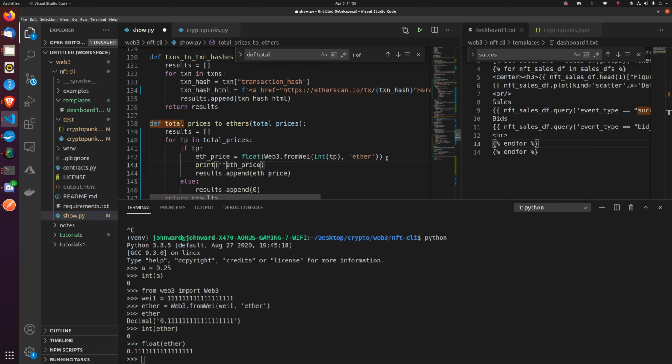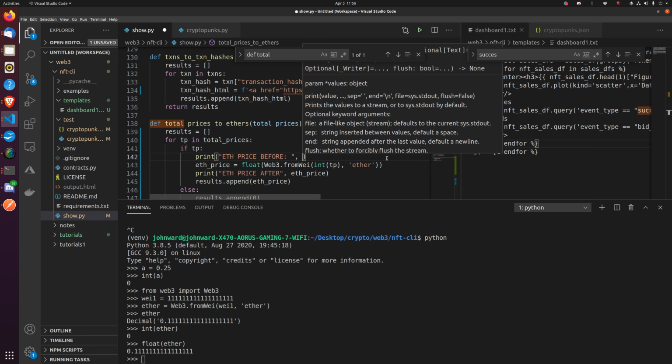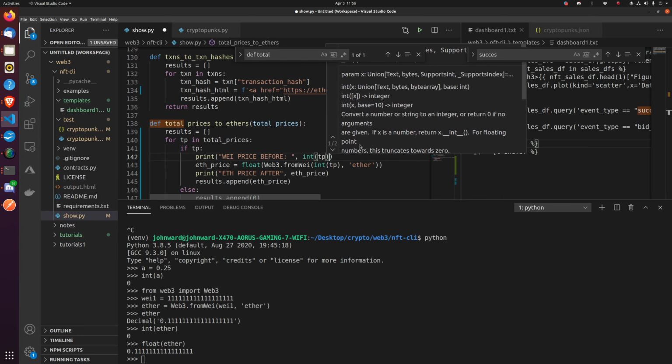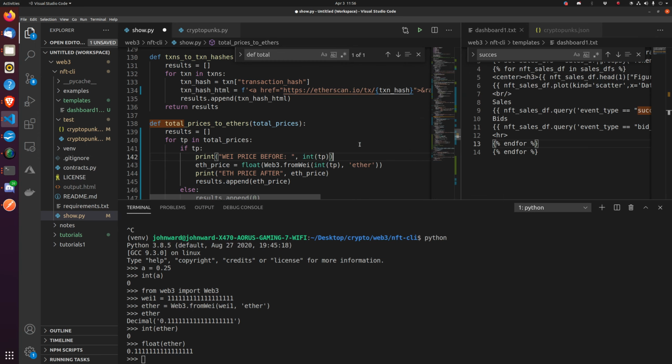Or say ETH price after. Or say ETH price before. Or no, we're going to say wei price is going to be integer of TP. And then